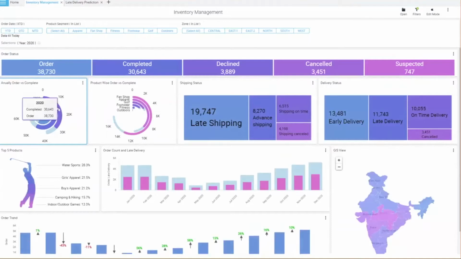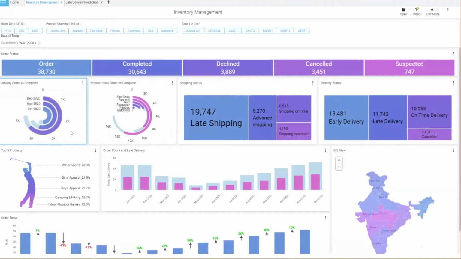And I can drill down to the next level. This is how we can drill down to a more granular level. One is year, next is quarter, next is month and day level. So I can go from Q4 to month level as well, which is October, November and December 2020.